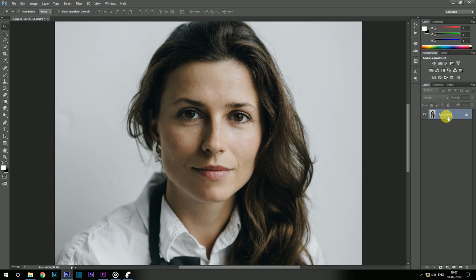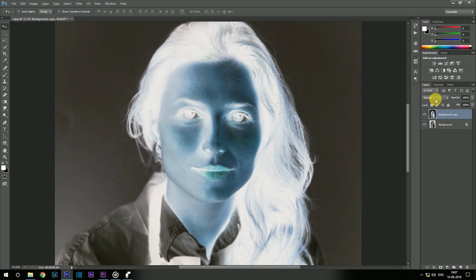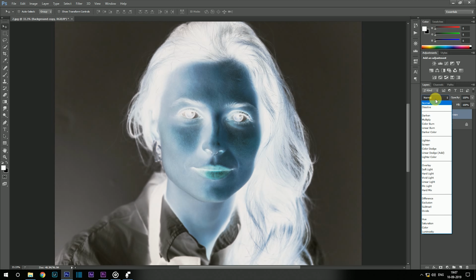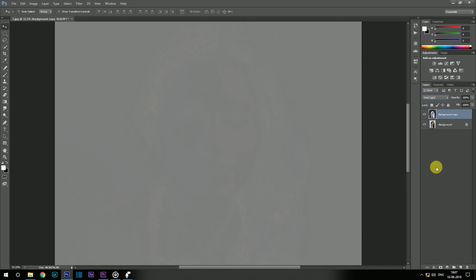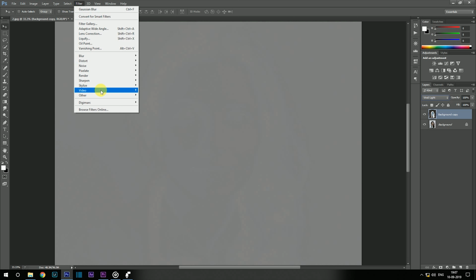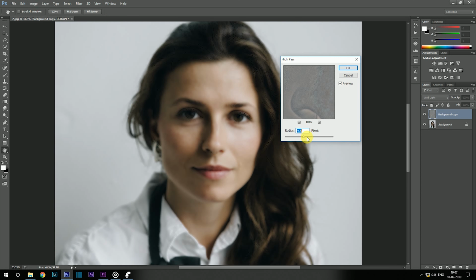First, make a background copy by dragging it down. Then invert this by clicking Ctrl I or Command I. Then choose this blend mode from normal to vivid light, and then choose filter, other, high pass. Here select